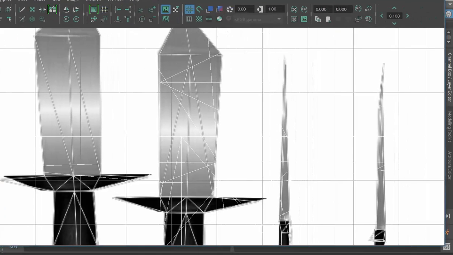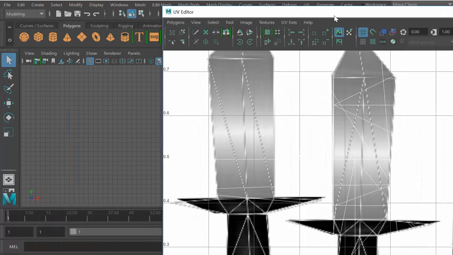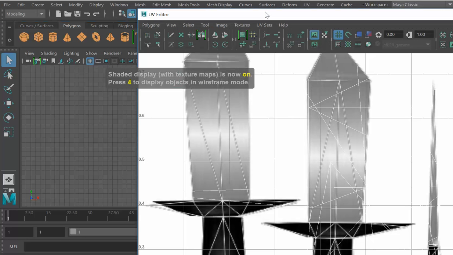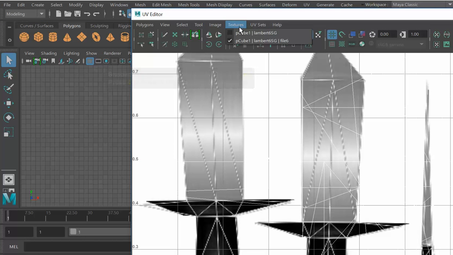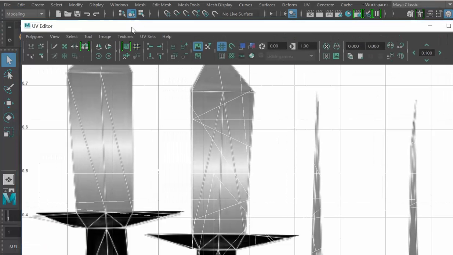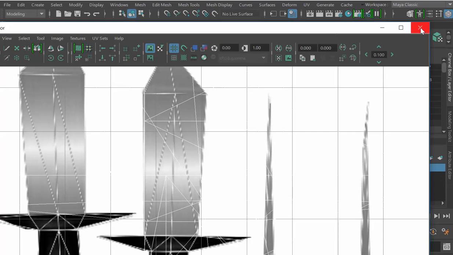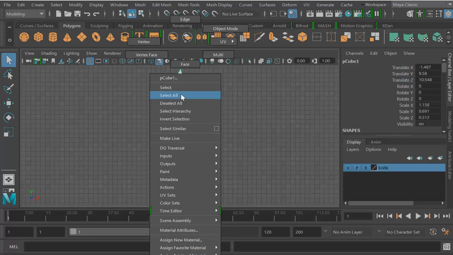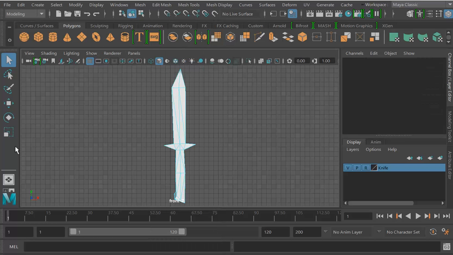See right here, it should be working, and the reason it's not, it's because, let's see, do you have many UV sets? Something is wrong. Let me reapply that. It doesn't look like it's unwrapped properly. So the unwrapping is really simple. Right click, go to face, all right, and select all the